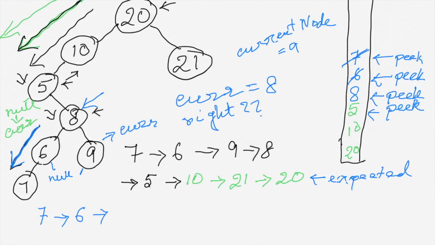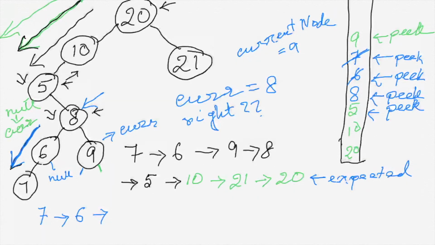Then we check if its right child is not null or not. We see its right child is also null. So when we are at 8, we had to put 9 on the stack, and since it has no left and right child,